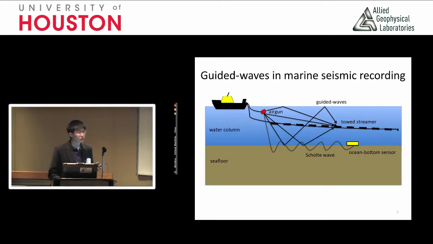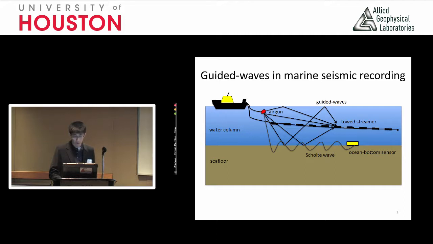So this is a typical scenario where we acquire seismic data in the shallow water marine environment. If we have the towed streamer, we probably have these multi-path reflections. And they probably interfere with each other and form this very strong amplitude guided wave. And also, at the interface between the water and the sediment, we are going to have another dispersive wave, which is the Scholte wave, and they are going to be received by the ocean bottom sensor. And also because the ocean bottom sensor has part of it in the water,